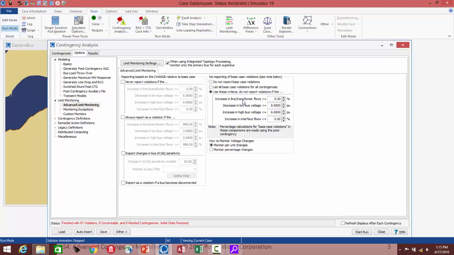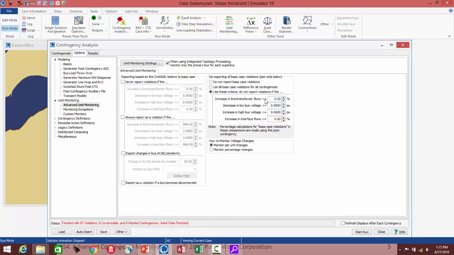So if you have a base case violation and then you run a contingency and the contingency doesn't affect the base case violation very much, then maybe you don't want to report it. But if the contingency makes it a lot worse, then maybe you do want to report that, as opposed to just simply ignoring it because it was an overload in the base case, as we did